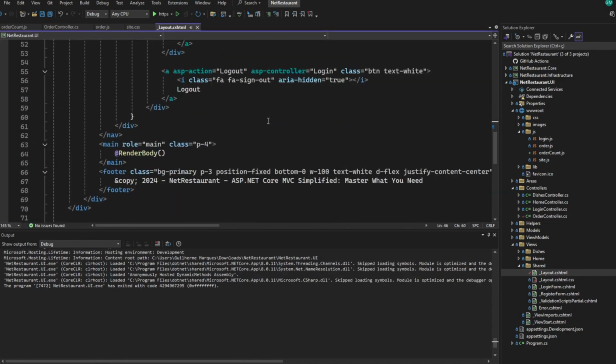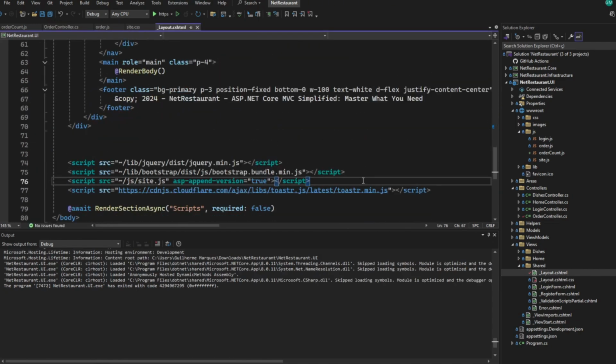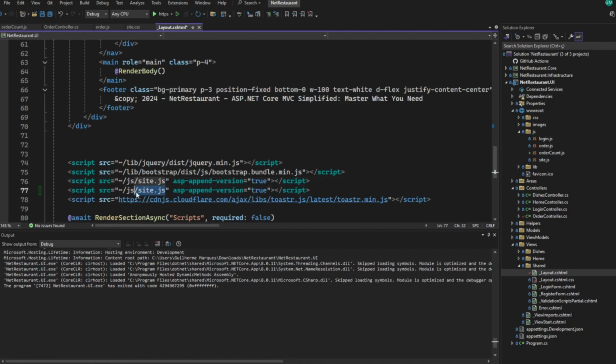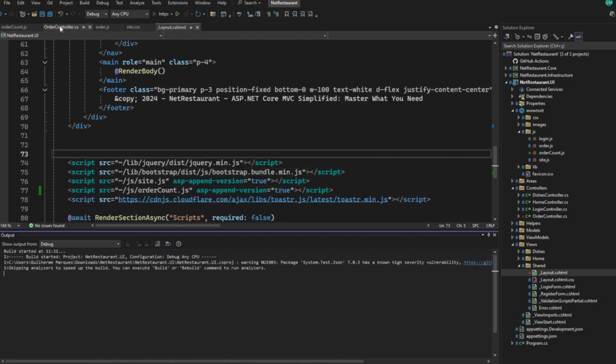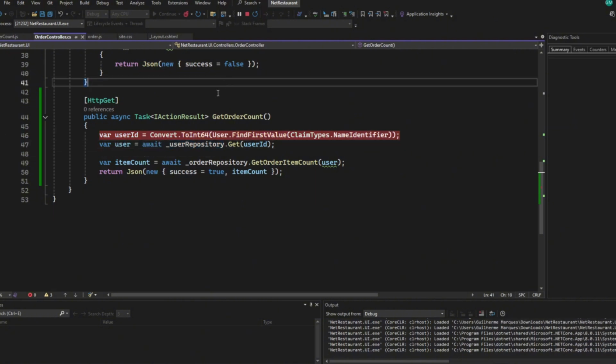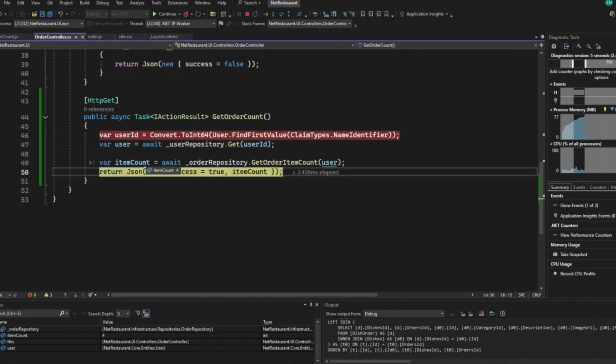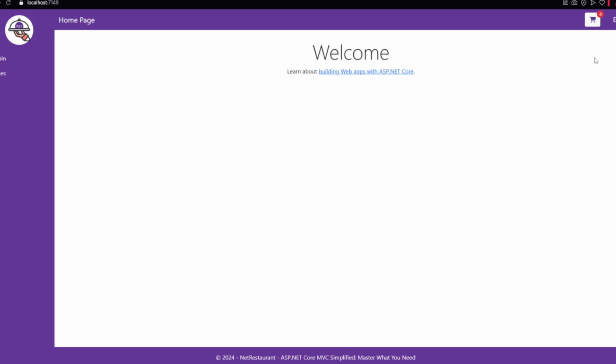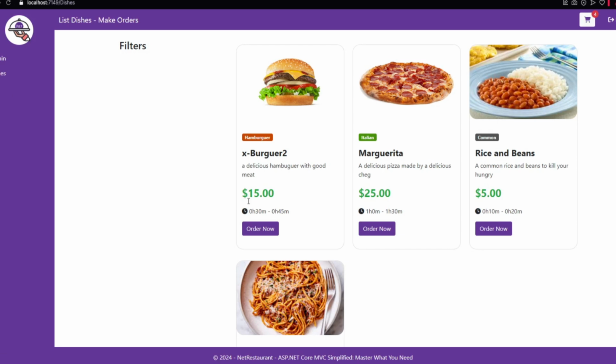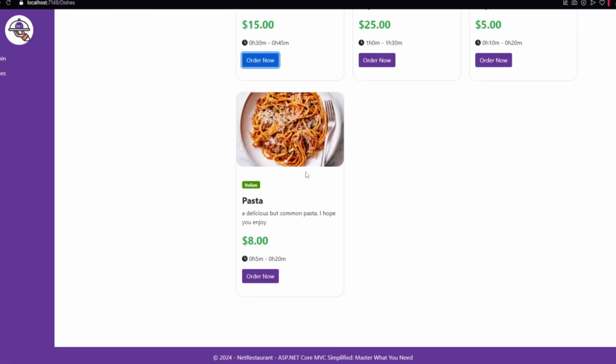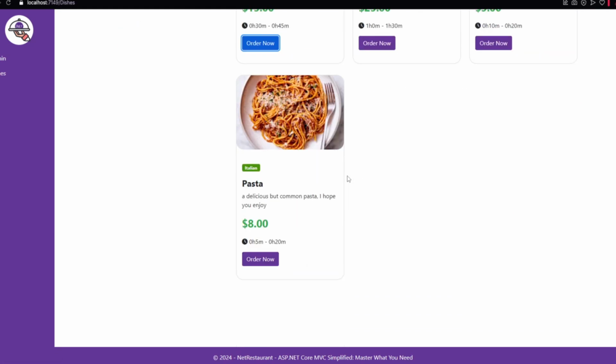Go to our layout and we must call this script. Let's say every time in the layout I want to call this order count JS to apply. Let's put a breakpoint here. We've got our item count. And now we are displaying our item count. If we go to any pages, order now, we already have our 4 dishes. Of course, you could add more dishes, but I want